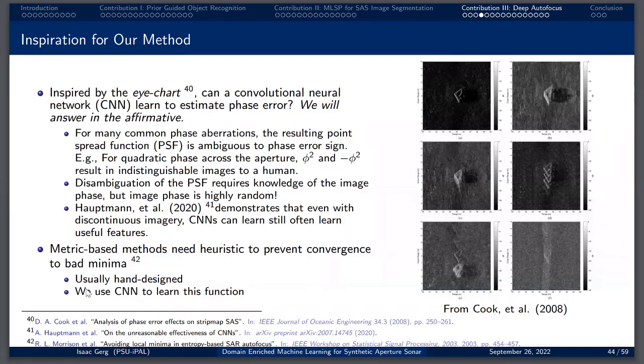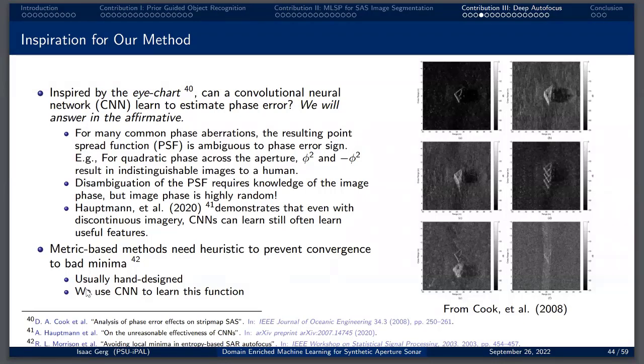Where this can become detrimental is especially if you're looking at an ocean floor bottom that maybe you haven't seen before, and you see something like this, and you're not sure: is this a problem with my motion estimation, or is this actually what this object looks like? Some seafloors can be very confusing for this. But we were inspired by the fact that a human can look at these images and say, oh, I know that this error comes from this particular source. I know where in my image reconstruction algorithm I should look. So a human can definitely classify what types of error these are and say something, qualitatively, about how bad the error is. So the question that I asked was, well, that seems like a good computer vision problem